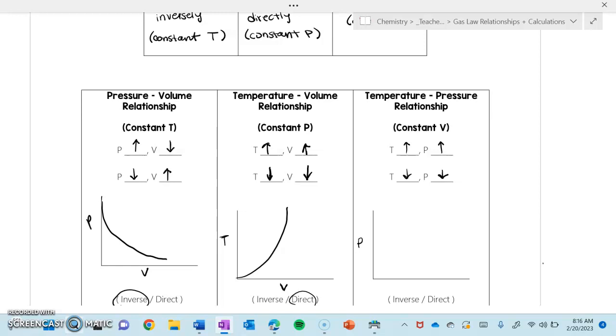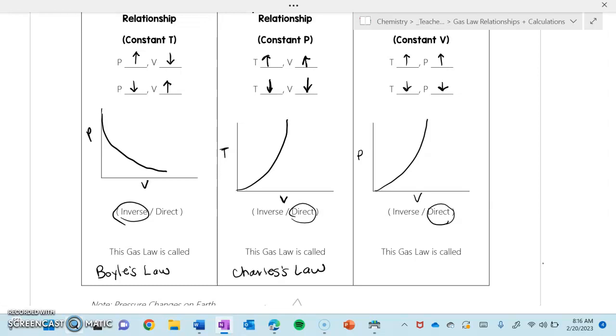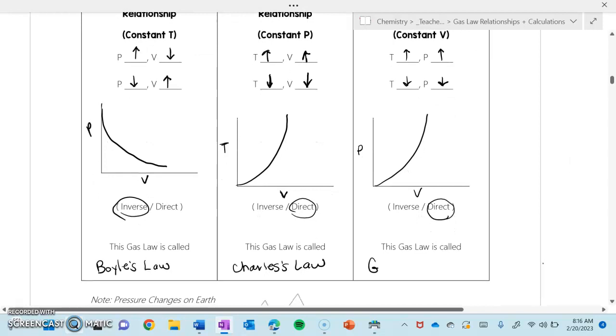If I have pressure, volume, now there's GL law, also a direct relationship. So if you can remember, the temperature ones are both direct relationships, and then the one that does not have temperature involved because it's constant is an inverse relationship. That helps me remember